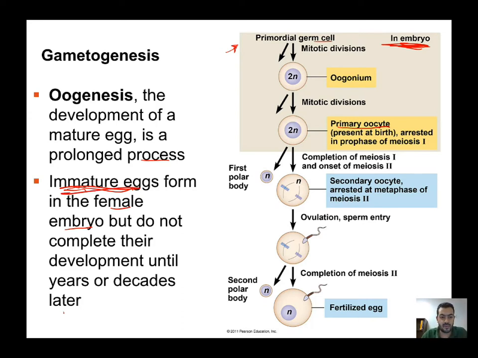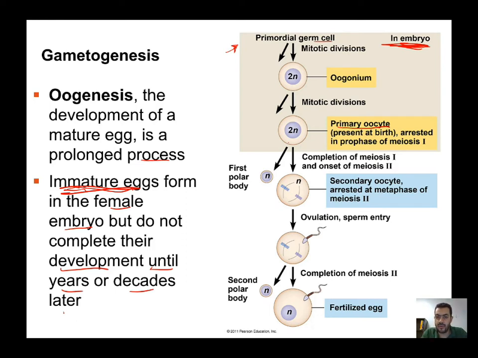They need further development, and that's what will happen during the next years, because it is a long process that may take years or decades, so the rest of the life of the female. So these primary oocytes are like frozen in development. They don't develop, they stay like this, frozen till the hormones start at puberty, and then what will happen is